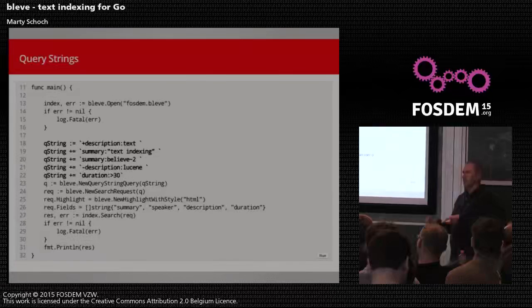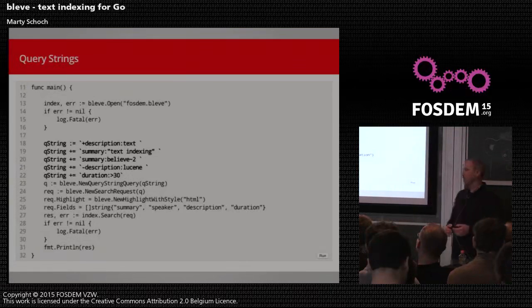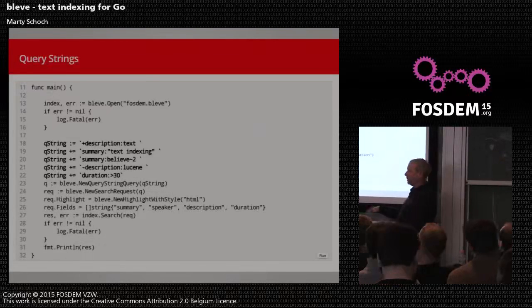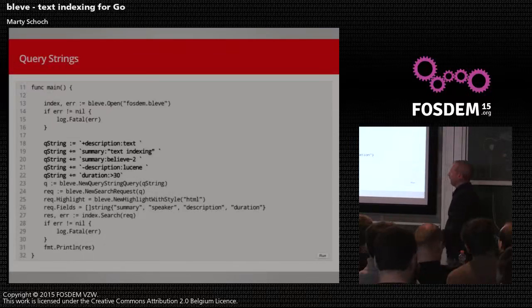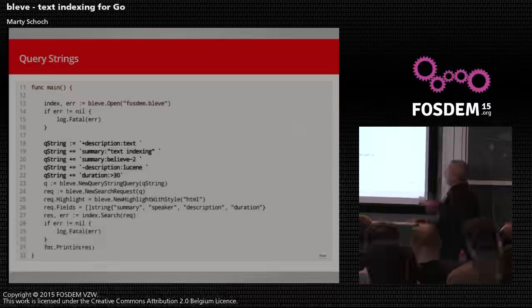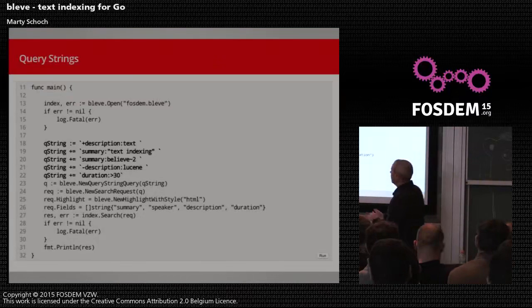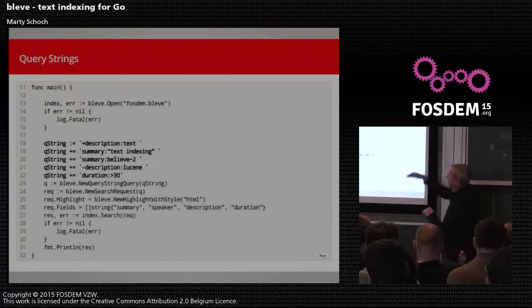And finally, again, I haven't touched on all of the different kinds of queries, but I did want to highlight one more, which is query strings. Everything you've seen so far has been a very programmatic way of inquiring about your data. But sometimes you want to expose to end users something they can just type in, but still have all the power of the programmatic queries we saw earlier. So I highlight some of them here. Again, the syntax is very similar to Lucene. I would say it's not quite as complete as Lucene's, but the syntax is certainly designed to be similar or the same.